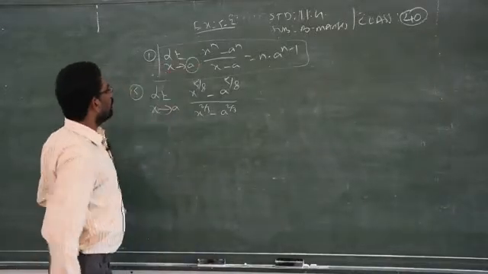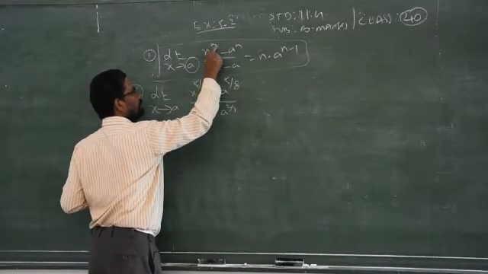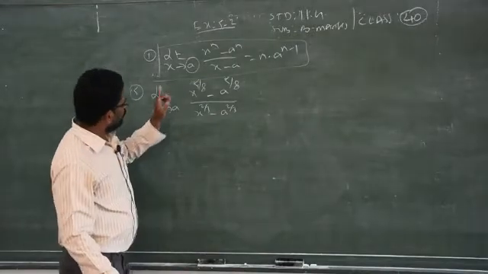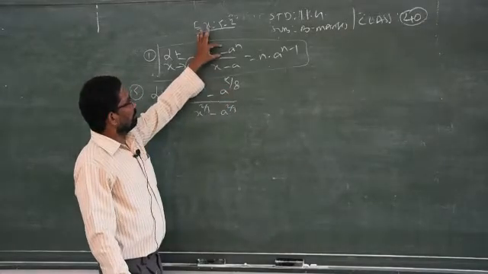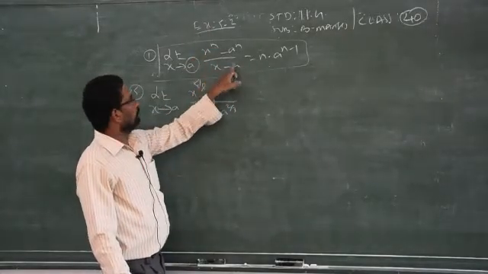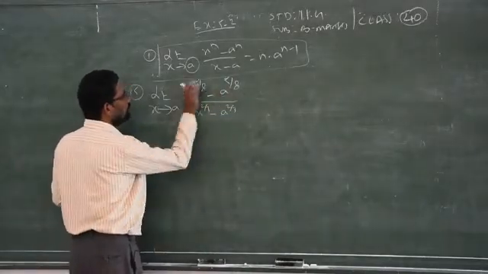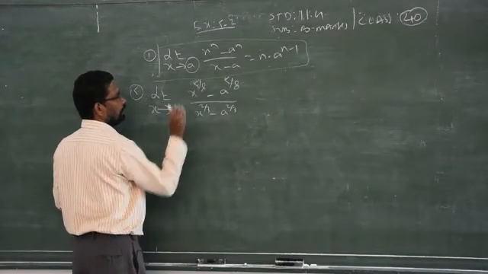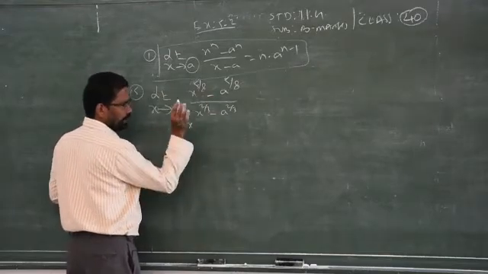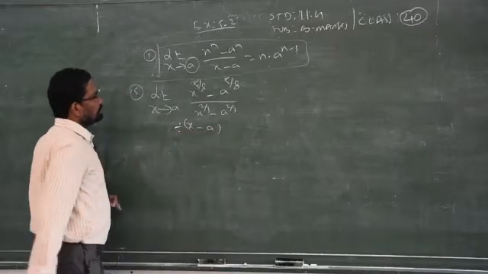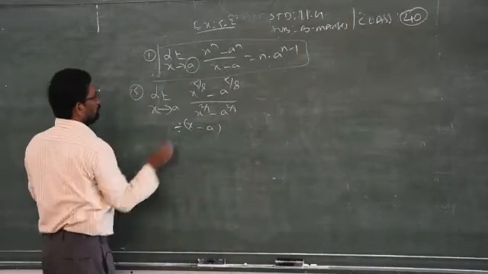Based on the formula, whatever the power in the numerator, it should be the same for both. Here n: x has power n, a also has power n. In the same way, in the question, x power 5 by 8, and a power 5 by 8. So the powers are the same, and you can apply this formula. The only problem is the denominator. We don't have a denominator without power. So I want to bring the numerator as well as the denominator into the standard form, so I am dividing the numerator and denominator by x minus a. So I can easily approach this formula.